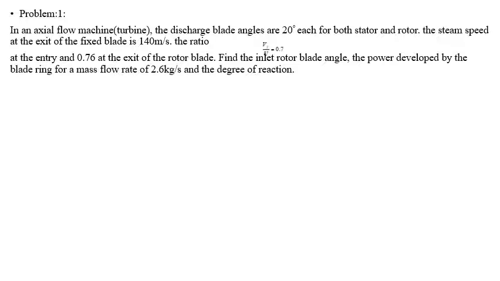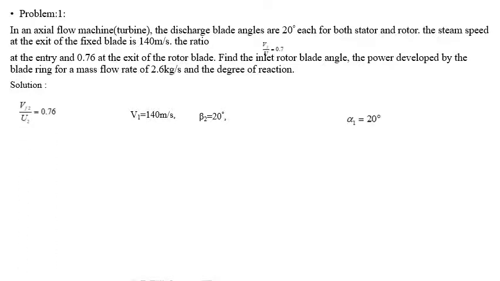By reading this numerical, write the given data first. Here alpha 1 is given, there is a 20 degree discharge blade angle for both stator and rotor. For the stator it is 20 degree, that is alpha 1 is equal to 20 degree. And the steam speed at the exit of the fixed blade is given as 140 meter per second. Then the discharge blade angle of the rotor is given as 20 degree, that is beta 2 is equal